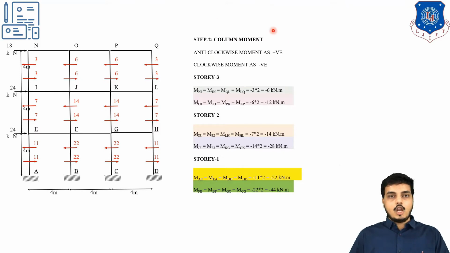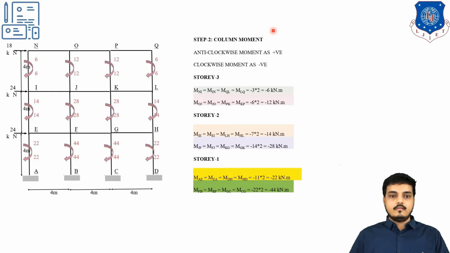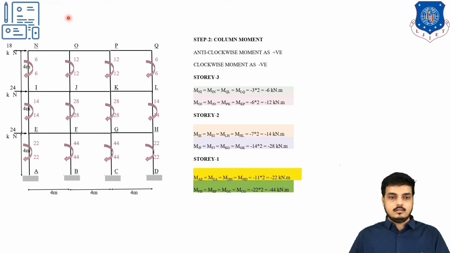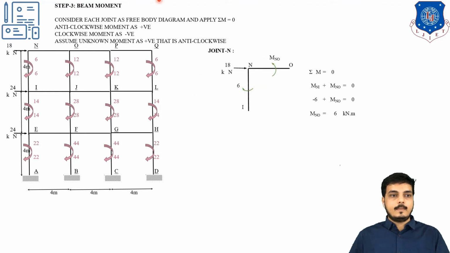Now with the help of this column moment, we will be finding out beam moment. So look, I have made a figure for column moment. As it is clockwise, all the directions have been clockwise, so it will be at both the ends. Here it is also 6 kN and here it is also 6 kN into meter. I have just shown the single diagram. So this I have made for reference to use in the next steps,